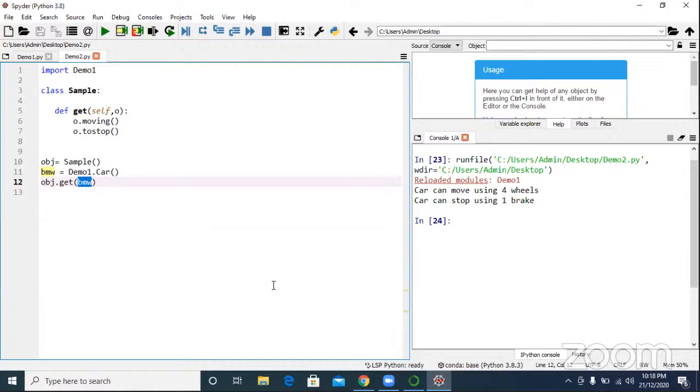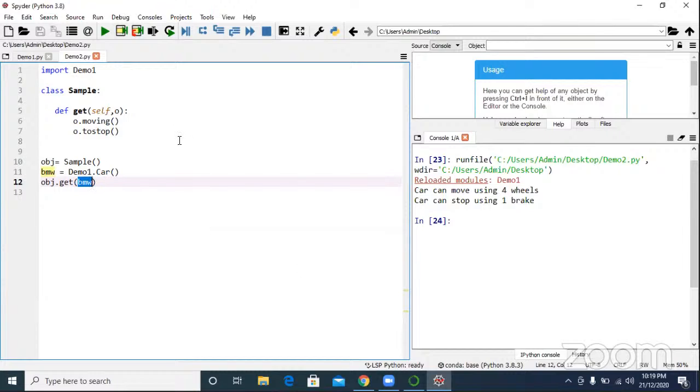Yes, the same as whatever you know in Java. Whatever reflections happen in Java objects, the same, nothing will change. Okay, so we can't pass by value here, only by reference.